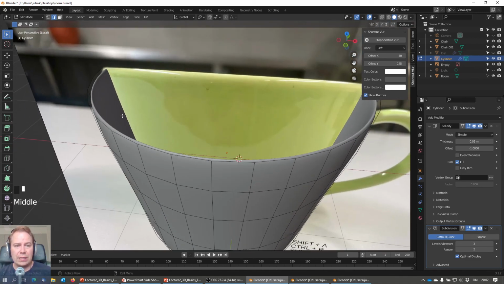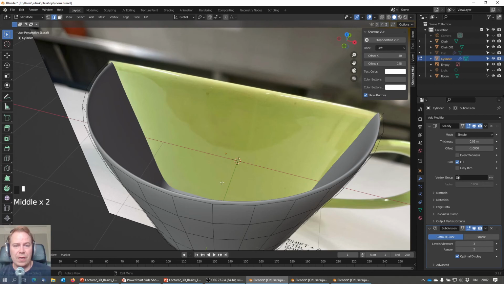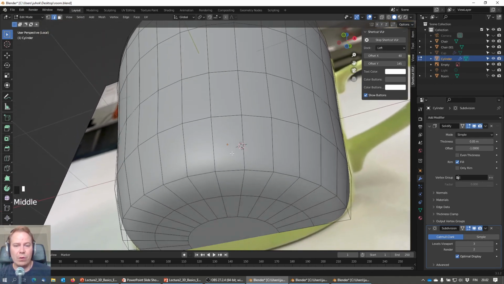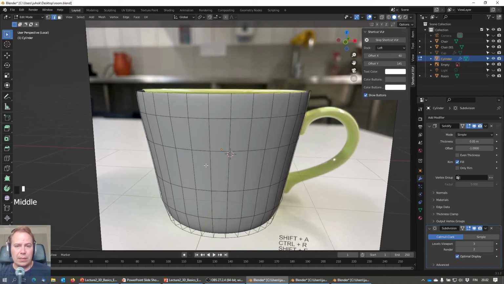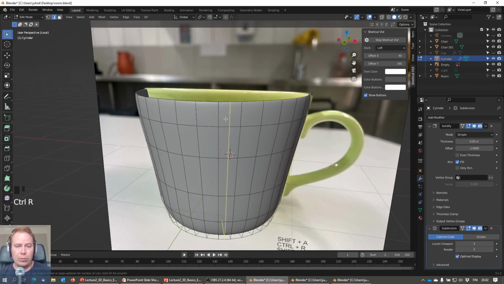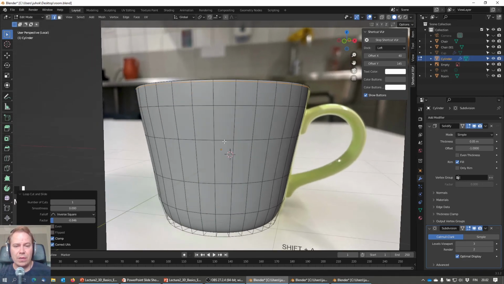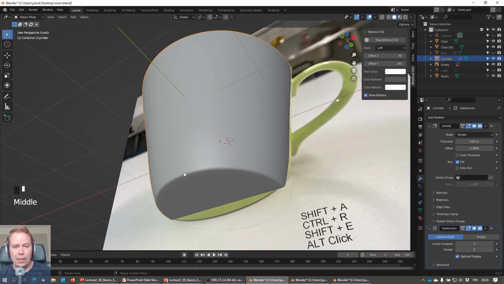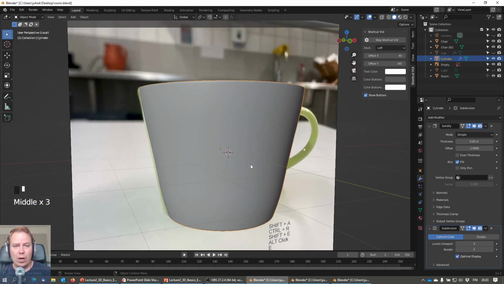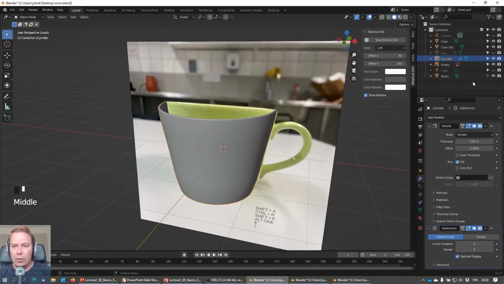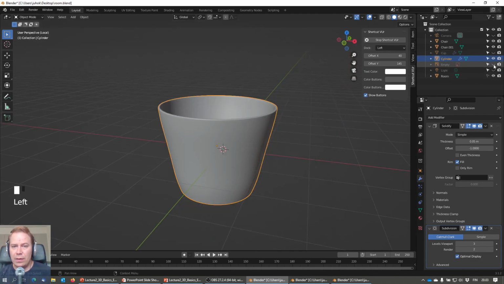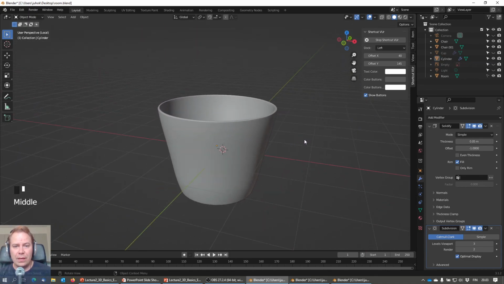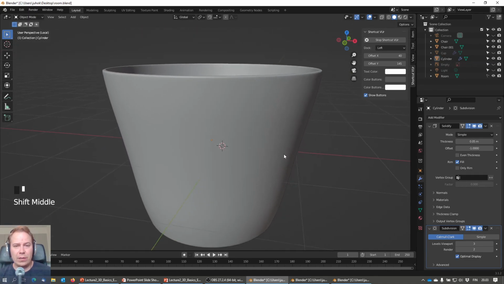Also here you can see that the rim of the mug is not looking very fine yet. So you can add another loop cut and pull it up, so it forms this kind of nice rim. You can do the same thing here, and then it creates this sharper edge here. Okay, so that's our cup without the handle yet,